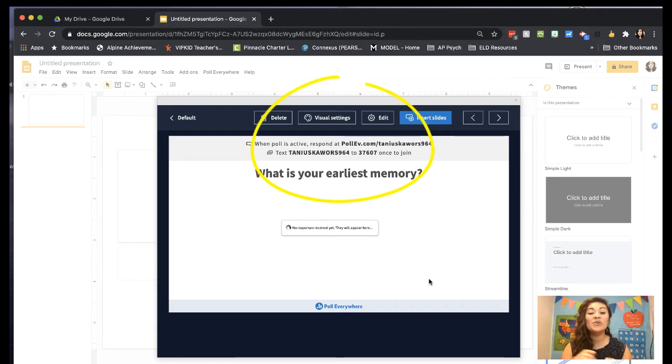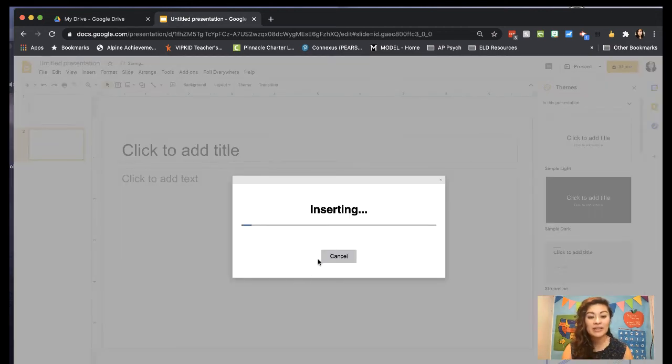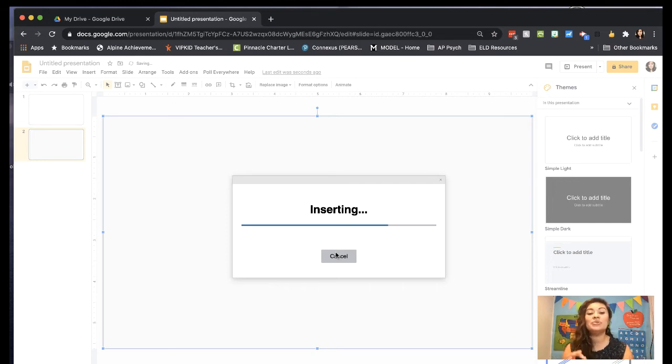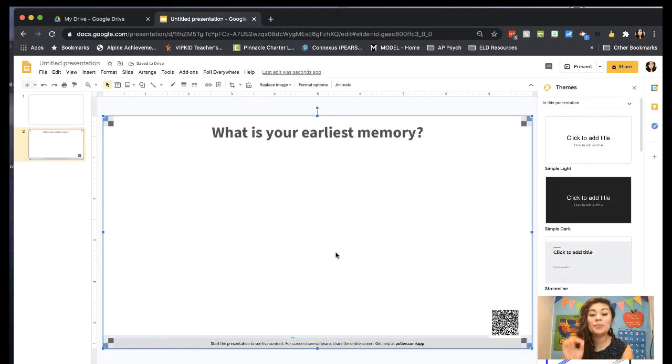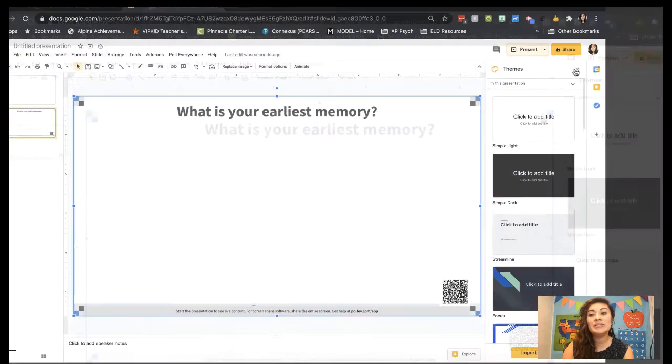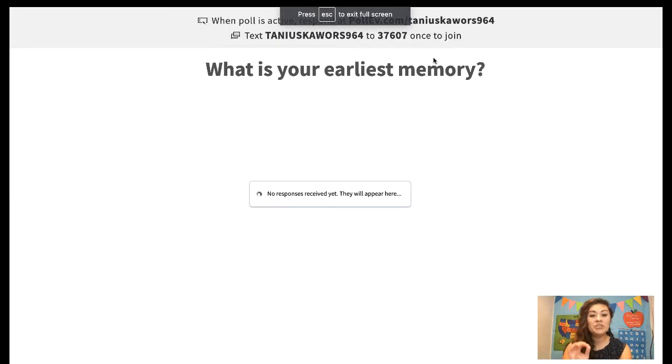So you can see there are instructions on the screen. In order for this to be ready, you actually have to press insert. So it's in there, ready to go, it's inserting. And then you have to press present. So you have to be in present mode. If you're not in present mode, you're going to see what you're seeing here, which is what is your earliest memory, and that's it. Okay, so we want to get into present mode, and once we do that,